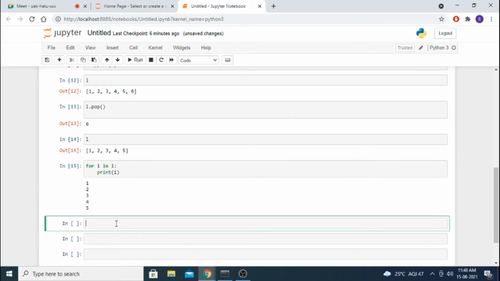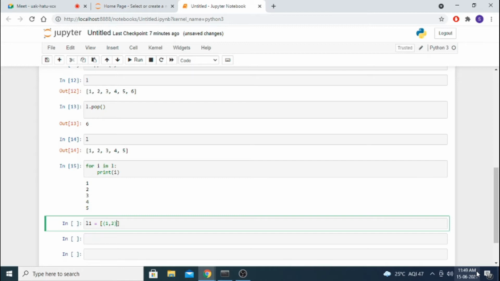Okay, now I told you the beauty of the list. Inside the list, each element can be any kind of element. Inside the list you can keep a tuple, a string, or a number. It is the advantage in Python I told you. Now I am going to keep tuples inside the list. Okay, I am making L1, list 1. I am creating one list, and inside it I am going to store 3 tuples.